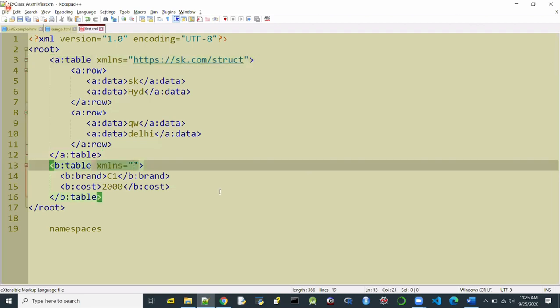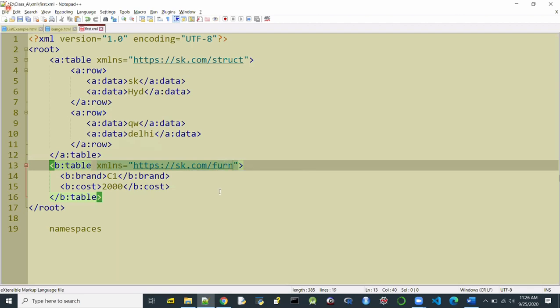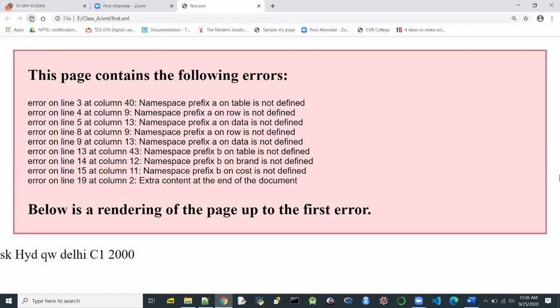And here I am putting another URI, https colon two slashes sk.com slash furniture. So I'm using some URI over here, some URI over here, then I go back and display my page.